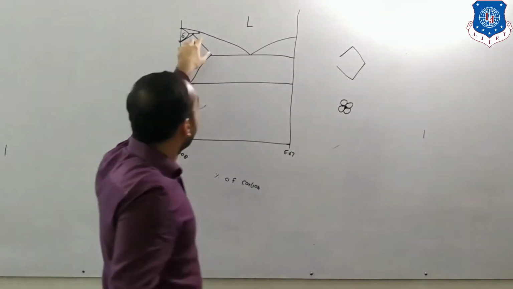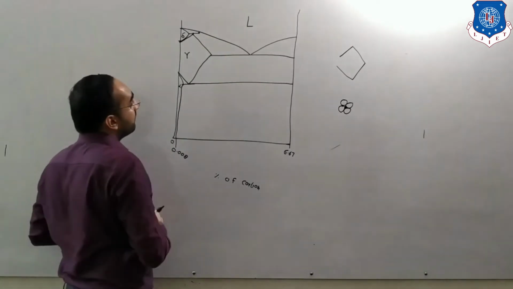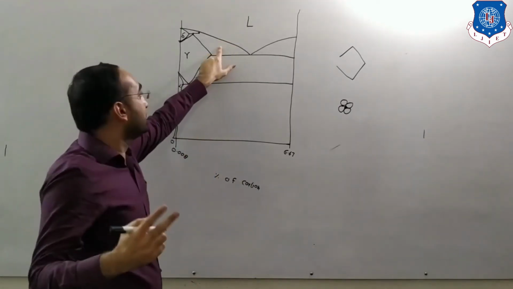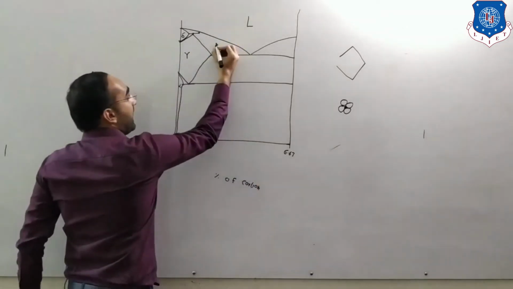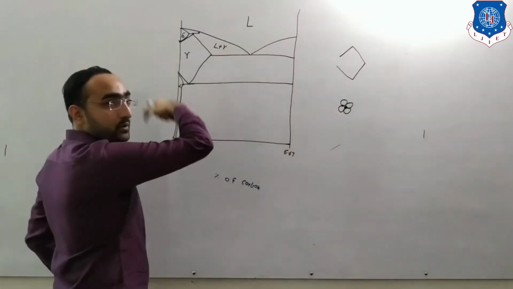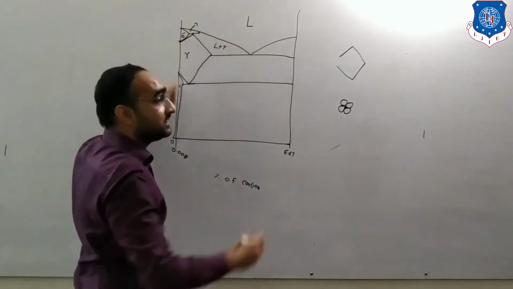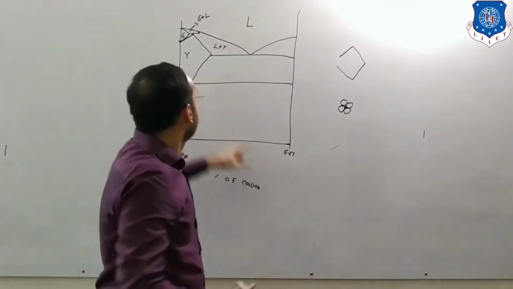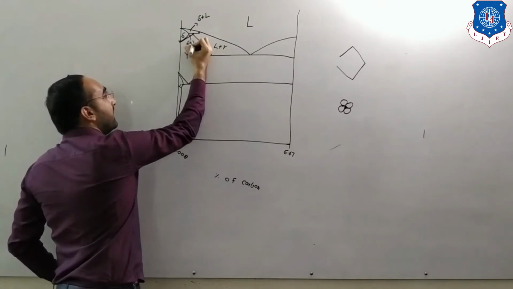Now what do we have to do? Now we will be plotting other regions. How will we plot them? Suppose we are going for this particular area. This area is located between the 2 phases, that is austenite, or you can say gamma, and liquid. It is L plus gamma. Okay? Same way we will plot the other ones. Here this point is in between the liquid region and your delta region. So this region is delta plus liquid. Next one, this region is in between delta and gamma. So here there is the delta plus gamma region.